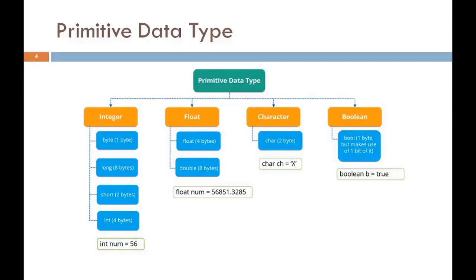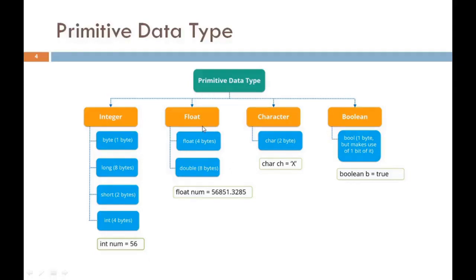See here, a simple example is int num = 56. So num is a variable which has data type int and which indicates that num only stores integer type values, and the value of this num is 56.